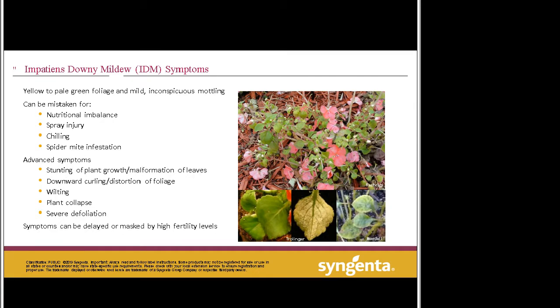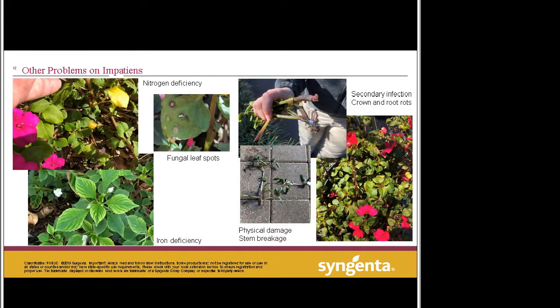Okay, so from a distance, IDM can be mistaken for a lot of other problems, including foliar spray injury, nutritional deficiencies, chilling, and even spider mite infestations. When you look closer at the undersides of the leaves, plants that are infected will typically reveal the downy white sporulation that is common with this disease. You can also have delayed symptoms because of the climate and temperature. If it's warm, sporulation may slow down and the disease may not progress as quickly, but once you get back into the right conditions, it can